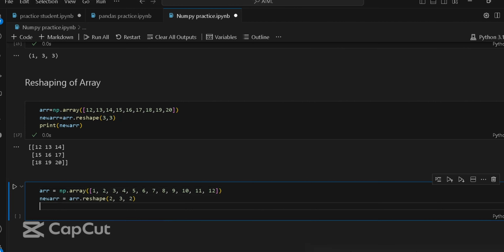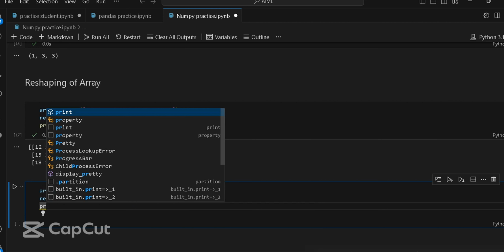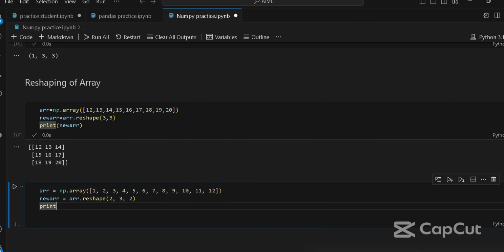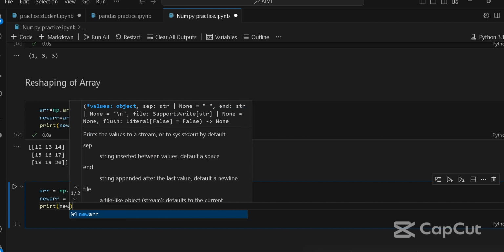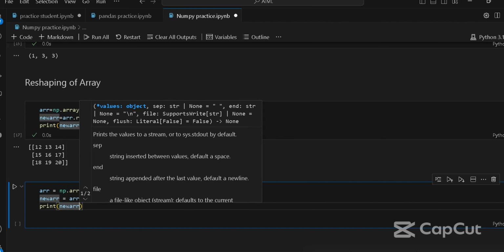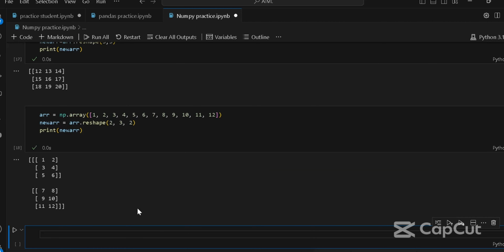New array is equal to ar.reshape(2, 3, 2). Now we will print this new array. So we are having 2 arrays, 2-dimensional arrays with